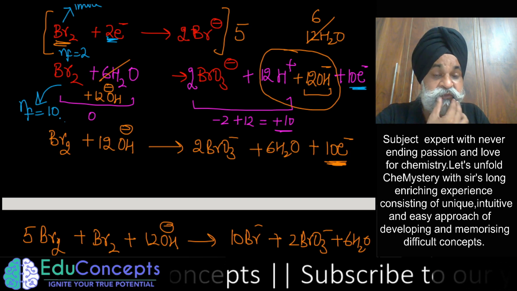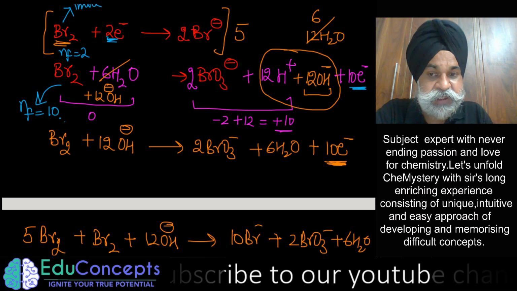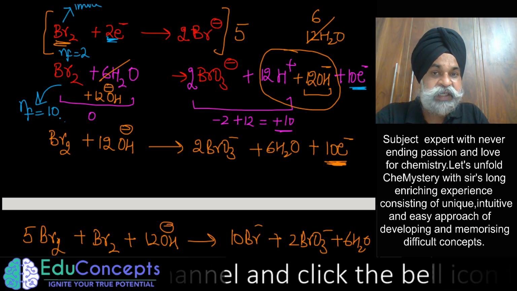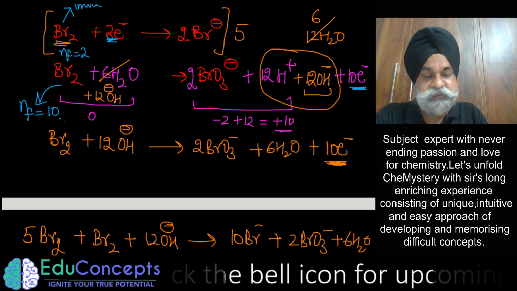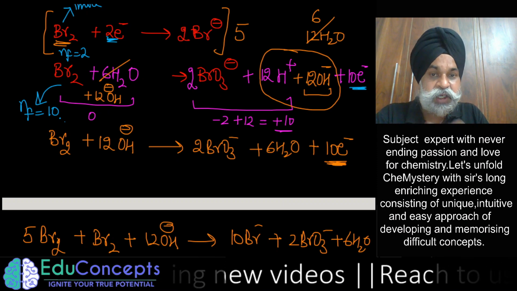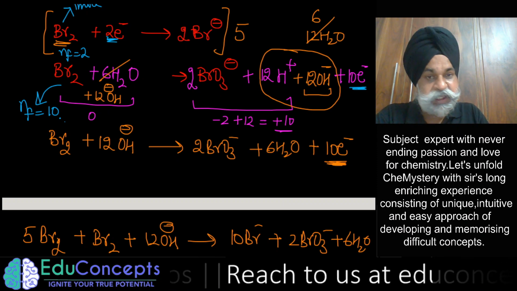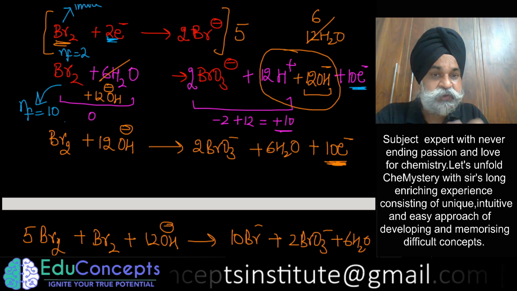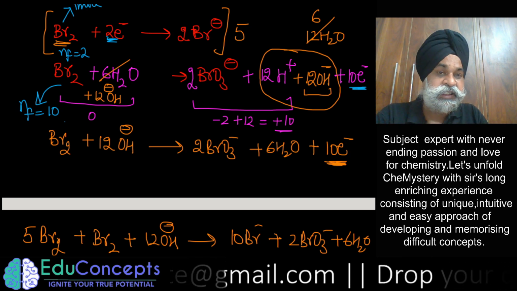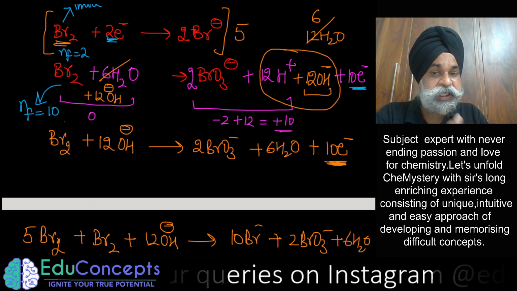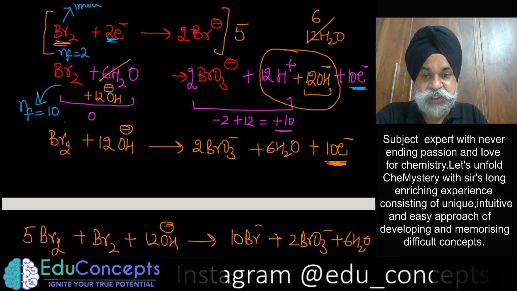What is n factor or valence factor or z factor? As per the different books, different terminologies are there. The n factor or valence factor or z factor is simply the number of electrons lost or gained during a reaction by a reducing or oxidizing agent per mole of it. If 1 mole of oxidizing agent is taking a certain number of electrons, or 1 mole of reducing agent is losing a certain number of electrons, that is its n factor or z factor.